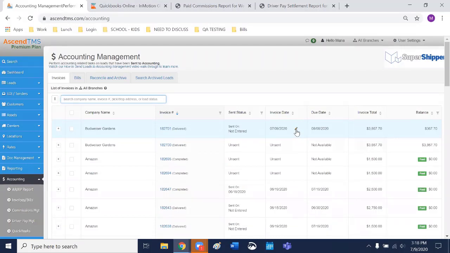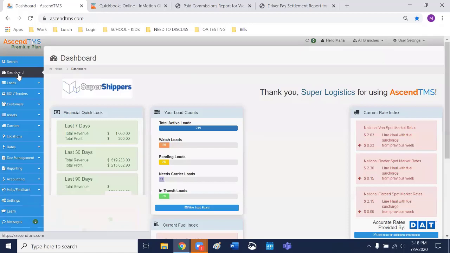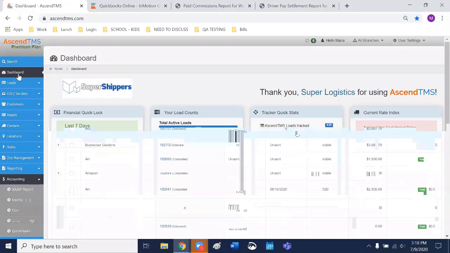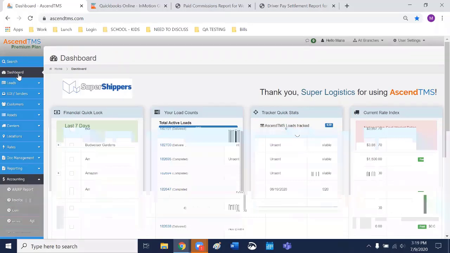But can you export in bulk? Absolutely. You can do a lot of bulk actions in Ascend. Okay. Because I was just thinking, I like Ascend for the dashboard, where it shows me a quick view of what's the 30 days and so on. That's one of the appeals of your software, and so you kind of take away that feature when you're doing the exports.